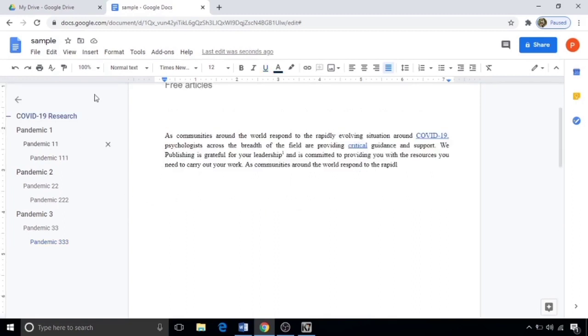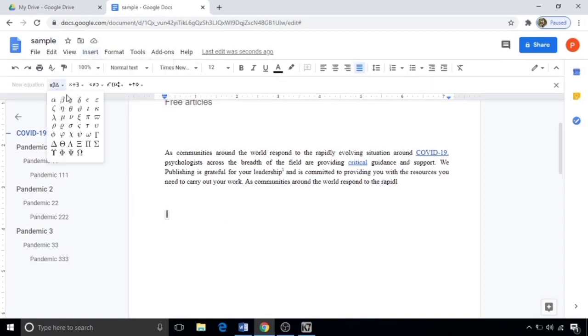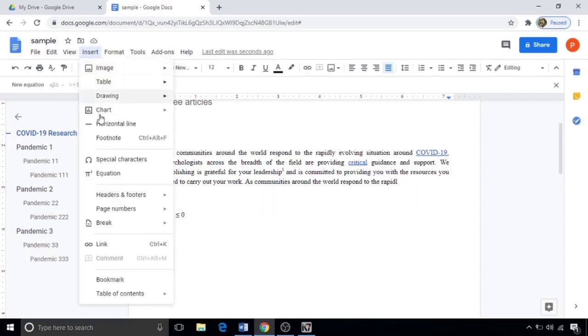You can also insert a mathematical formula by selecting insert, here equation, then select alpha beta less than or equal to 0. Also you can add symbols, insert special characters.